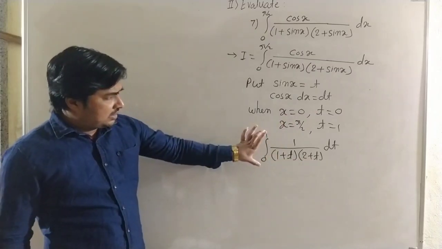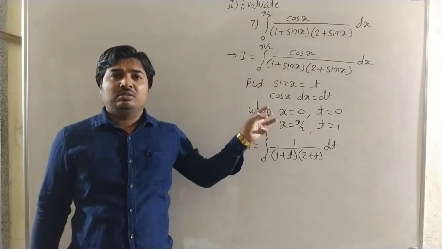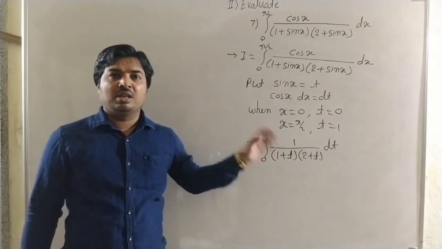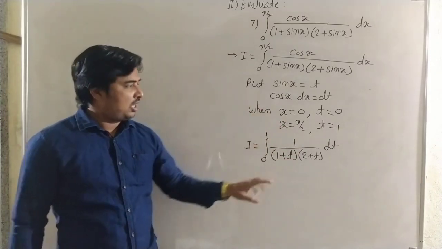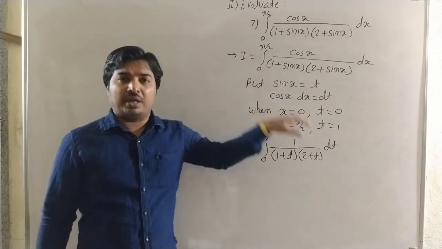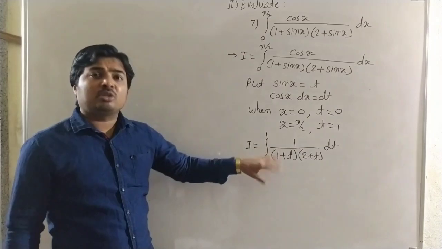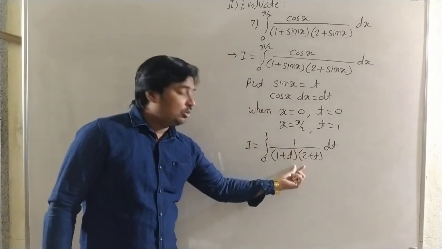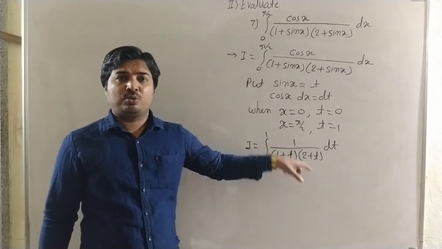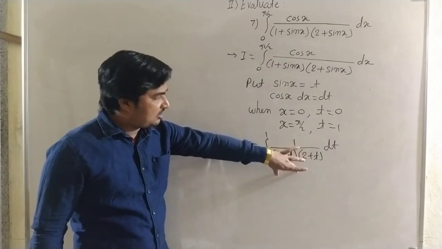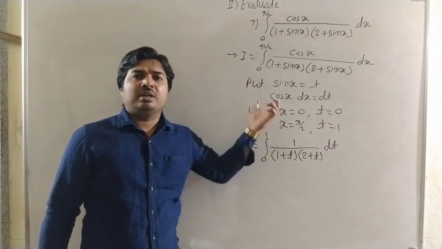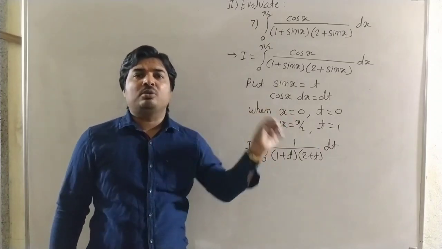Okay, now you can solve this integral 1 upon 1 plus t into 2 plus t. We can solve this integral by using three methods. First, we multiply both the brackets, we get a quadratic function, and by using the completing square method we can solve this. Or, the denominator contains two non-repeated linear factors, so we use partial fractions. In the other form, it is a constant upon the product of two linear factors, then adjust the two linear factors in the numerator. Okay, it is a partial form, but here we can directly find it without finding the values of a and b.